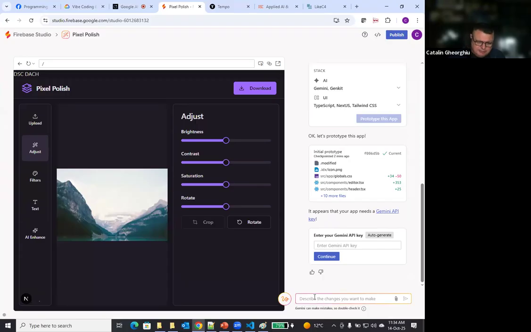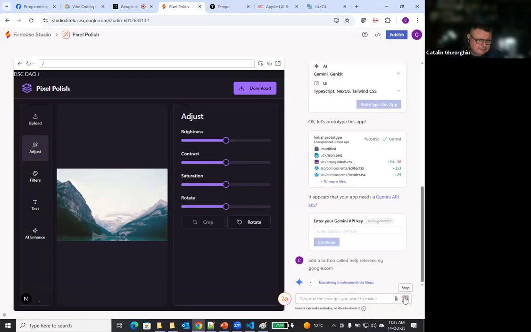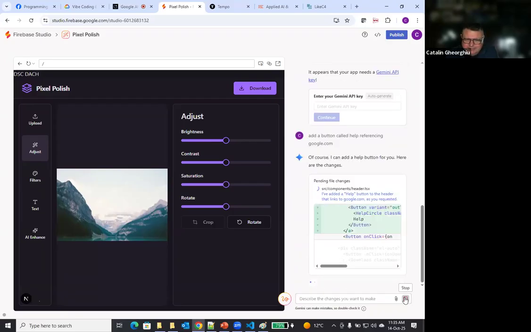So what change do we want to make? Add button help referencing. Okay, referencing is not the most common English. And let's see what it's going to do, if it's going to erase our changes or not.